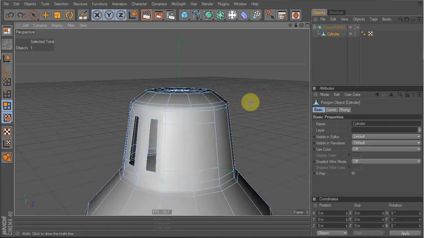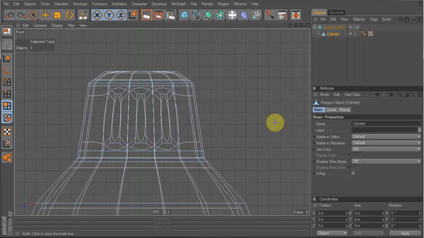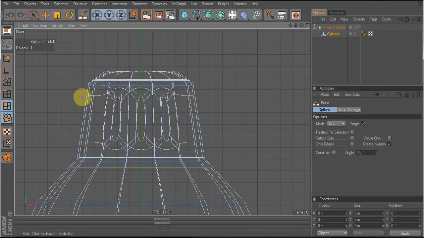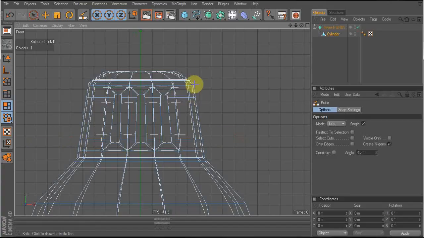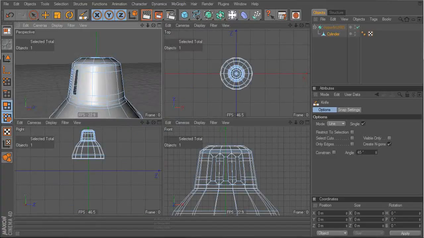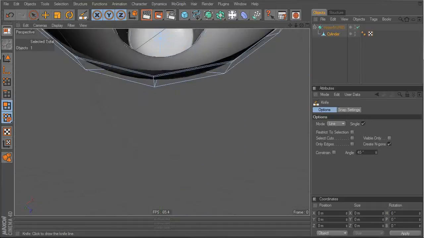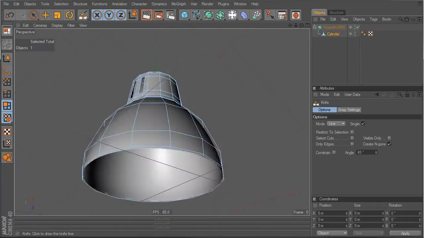That's because we forgot to enable a very important feature. When you cut here with K, you have to untick visible only, because then it will cut through the whole mesh, not only through one side. See, then we don't get any ugly cuts on the corners, and we get cuts all around. Okay, as I was saying, we have a very thin mesh right now, which is not quite right,